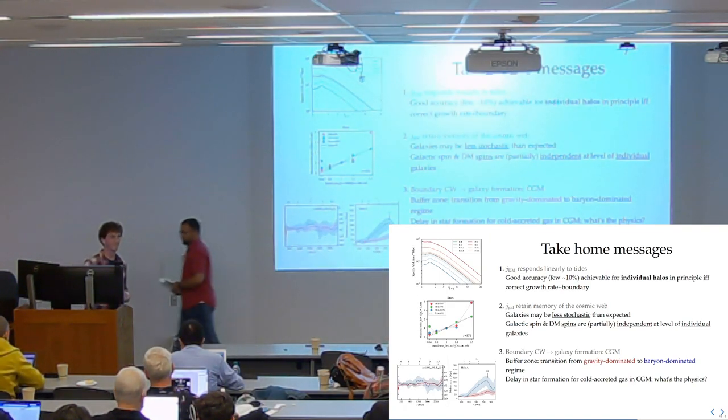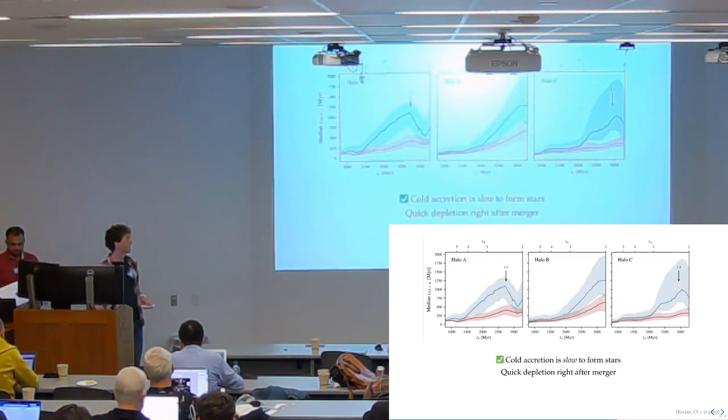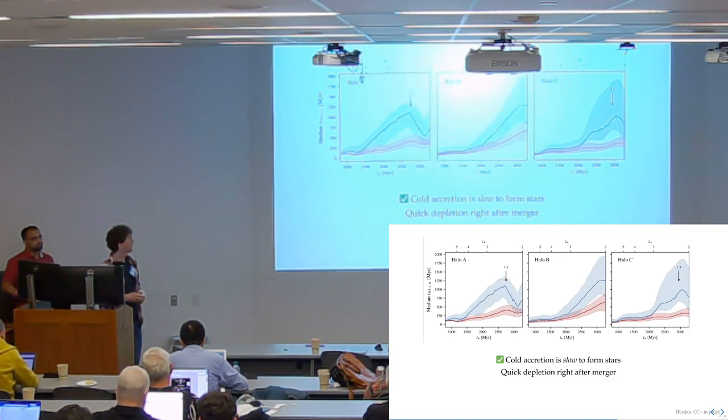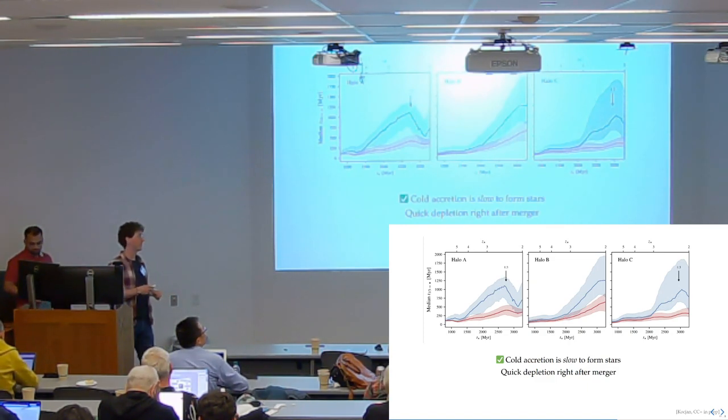So in your last few slides, you mentioned that cold accretion takes longer to form stars, and hot accretion is faster. But the hot gas will need to cool at some point to form stars, right? So do you try to figure out where that cooling happens? Does it happen in the CGM before you get to the galaxy, or does it cool inside the galaxy? So the gas that has been accreted hot and that forms stars, by the time it enters 1/3